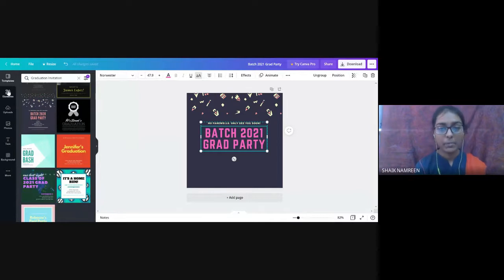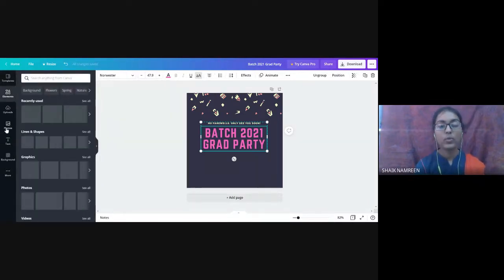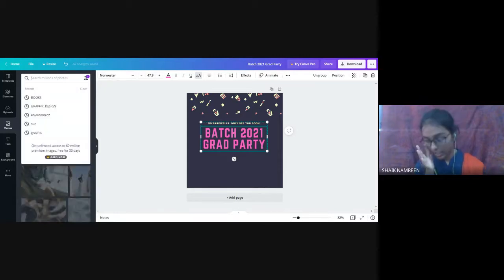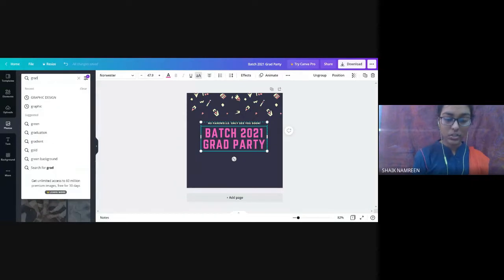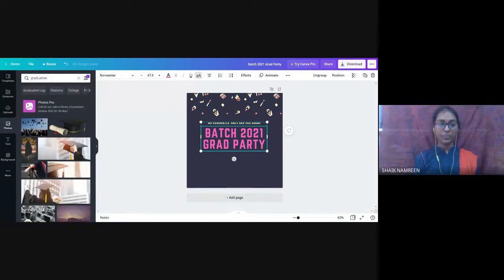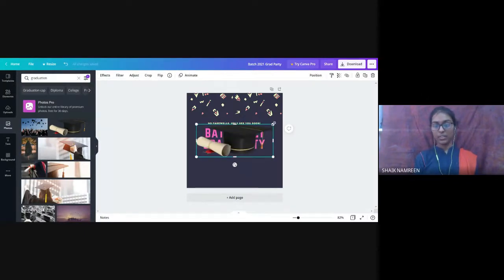Then going for the elements, or you can go for the photos, and you check for the graduation. You will get so many. You can see this one. You can add this photo here.